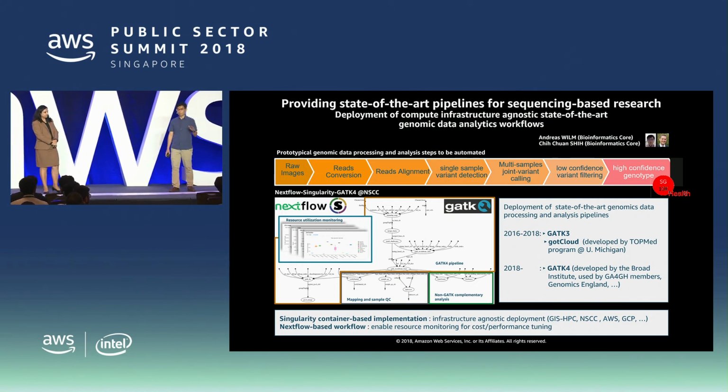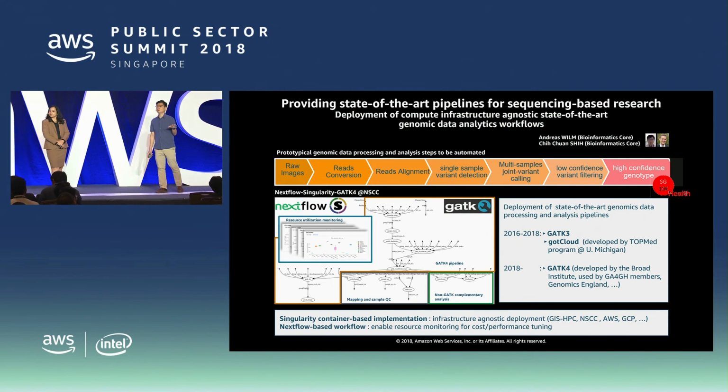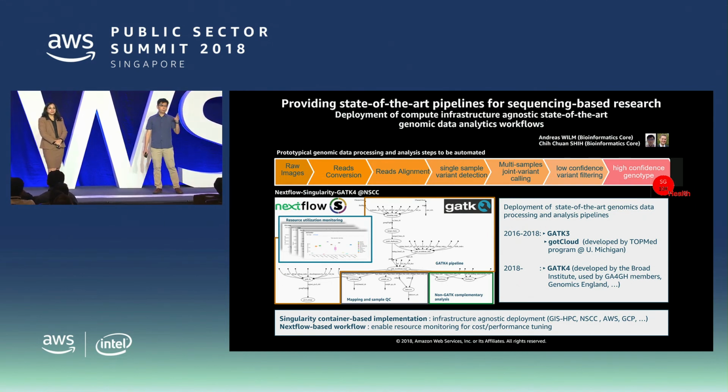So this is what we call a fairly large-scale variant calling pipeline. Just to assure you that it's complicated, if you look at the lower left quadrant, you see that spider web there. Yeah, that's the actual workflow. So that's what we're doing per sample.